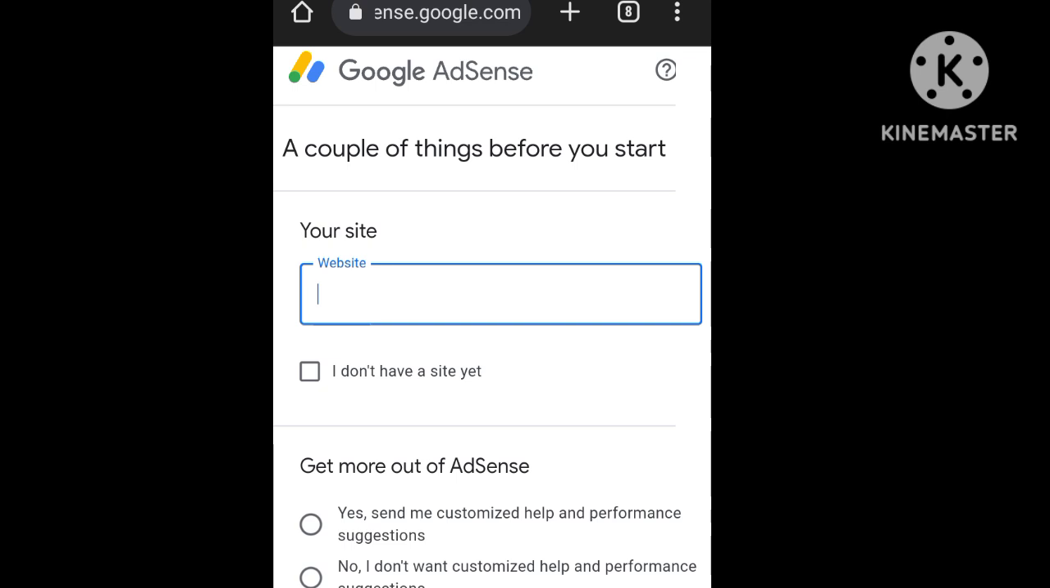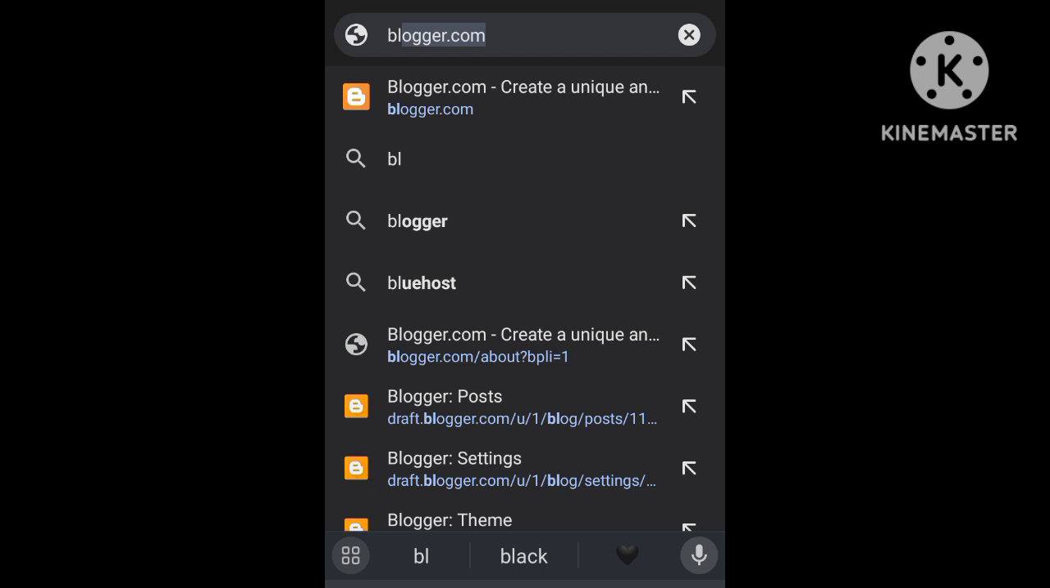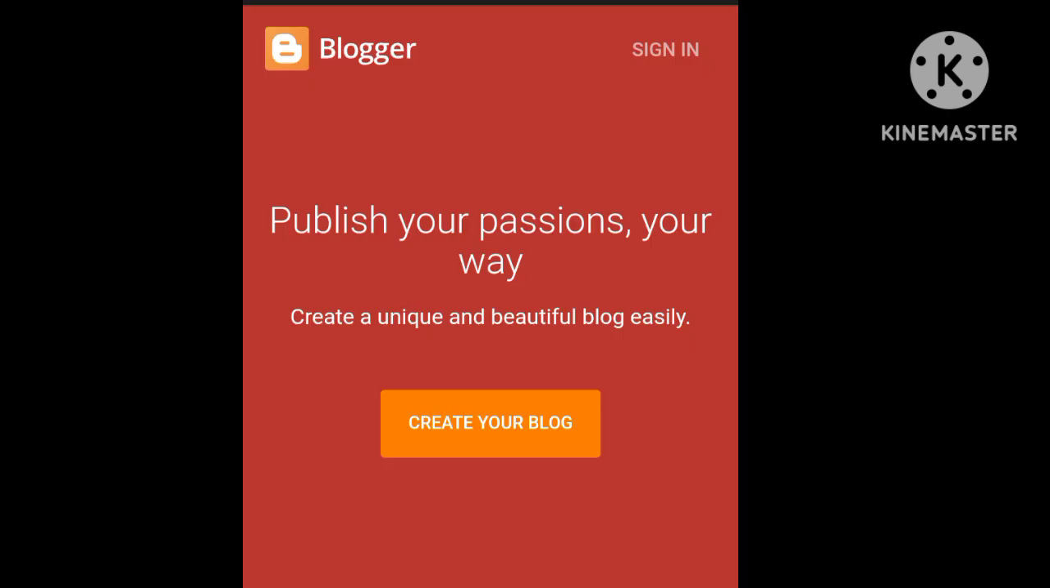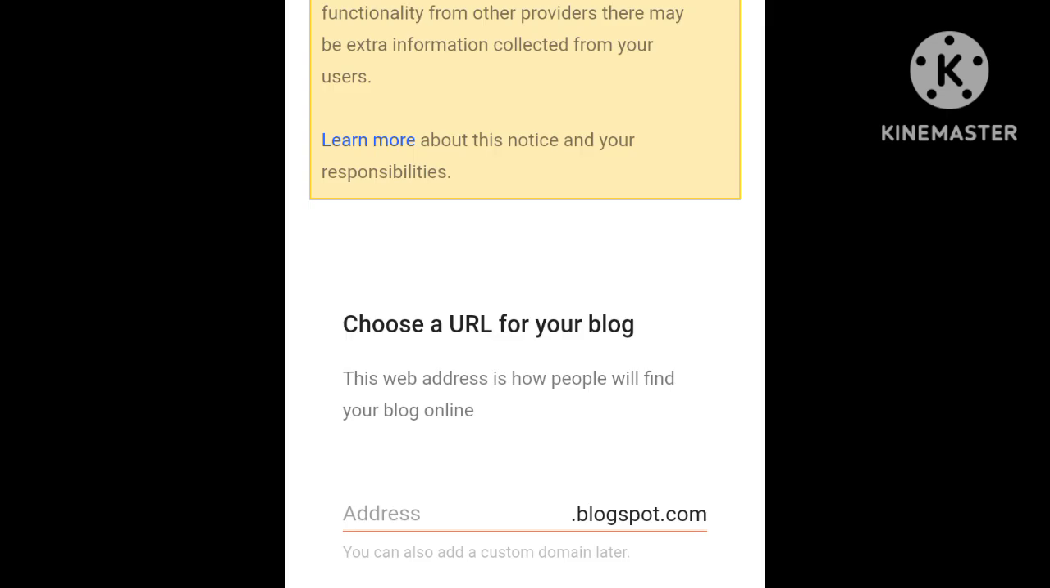Then what we need to do right now is use blogger.com in order to create a website. So you need to go back to the browser and type blogger.com, then sign in. After you sign in to your blogger.com account, there's a portion here where we need to put the